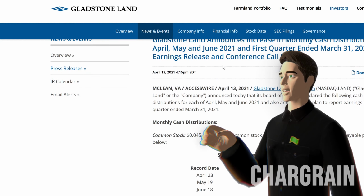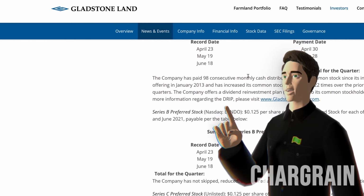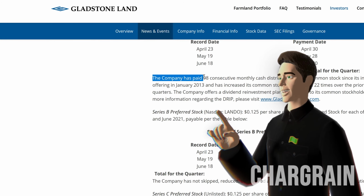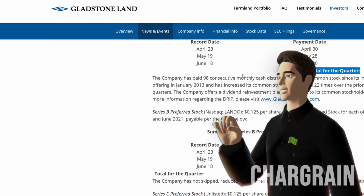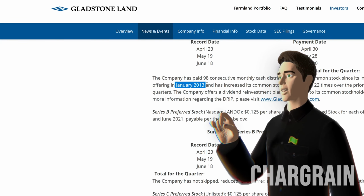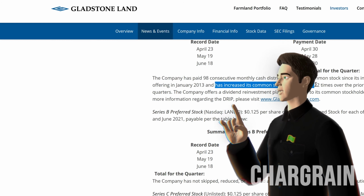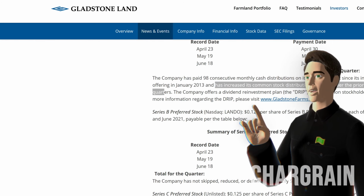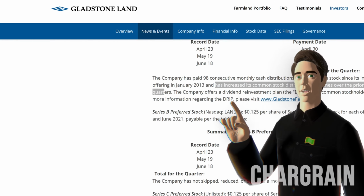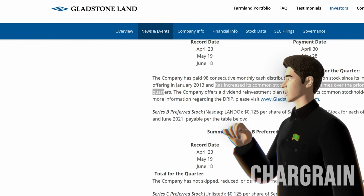So take a look here. They're saying the dividend is increasing, but here's the really funny statistic. The company has paid 98 consecutive monthly cash distributions on its common stock since January of 2013, and has increased its common stock distribution 22 times over the prior 25 quarters. So that means 22 out of 25 quarters, this thing has increased its dividend on something that is so